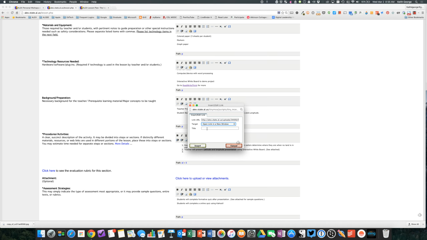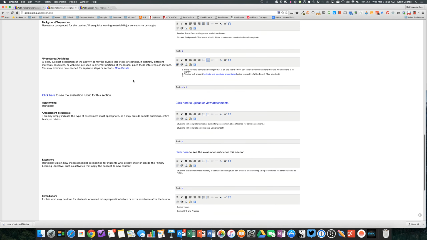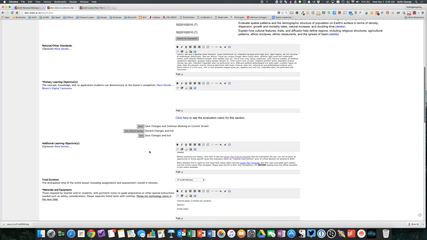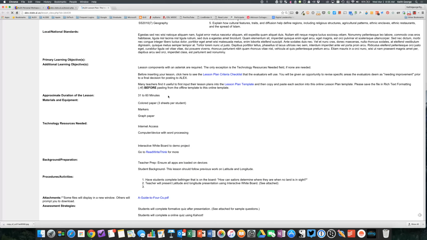Select new window, call this presentation, file, insert, save it, give a refresh on my view page, and now you see the latitude and longitude presentation is linked,